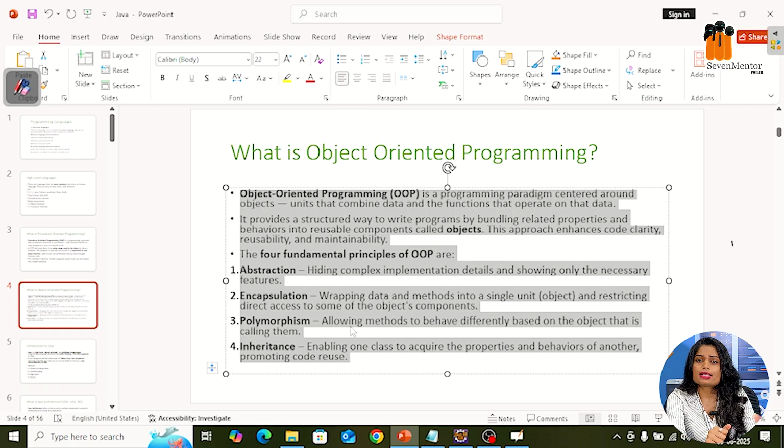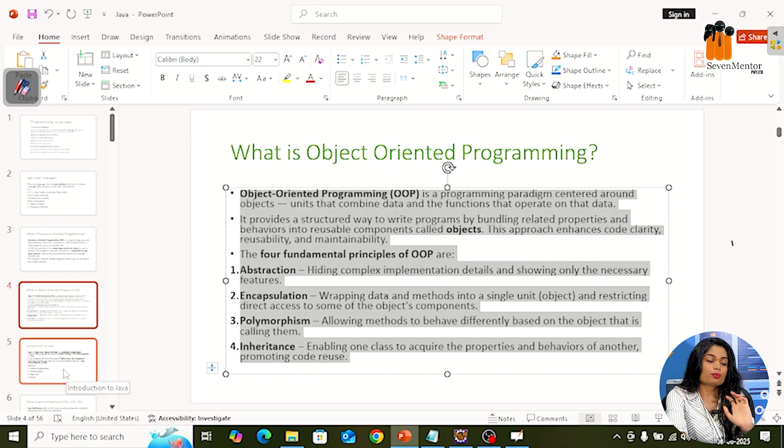And now you can also see that the Java programming language is very popular. Why is it so popular? Because it is based on class and object. It provides features like encapsulation, abstraction, inheritance, polymorphism, and security. It is high level. So those are all the features of Java and the object oriented programming language.